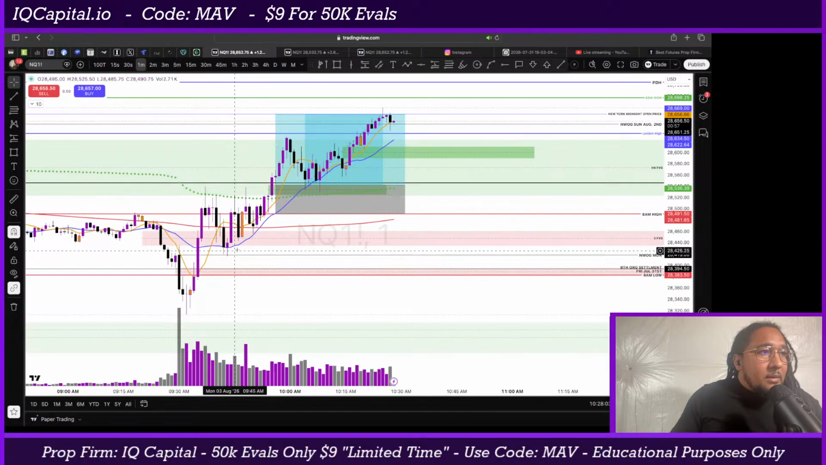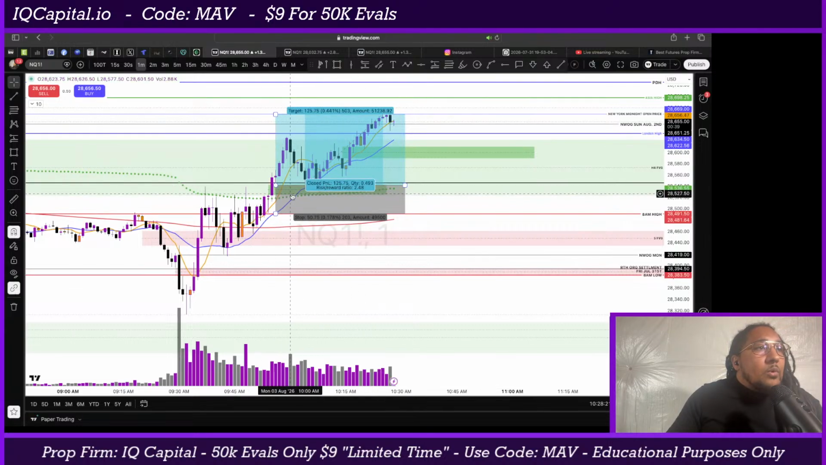We respected it, basically closing inside this 5 minute fair value gap, which made me a little bit nervous again of not taking that entry. Then we went up, and you could see these upper wicks here where it played around. Then we finally broke this area and created this 1 minute fair value gap, and that's when I said,